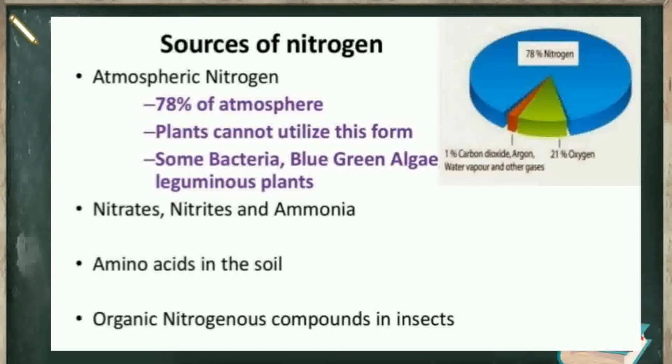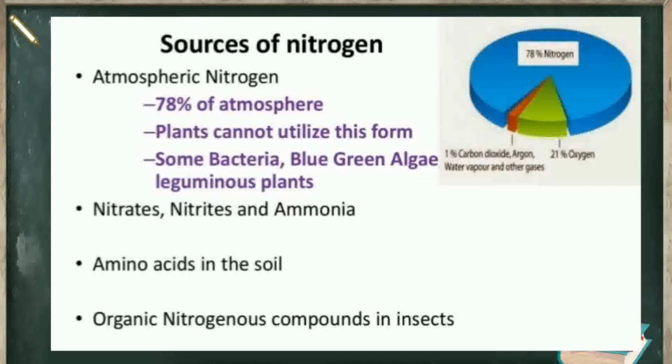78% of the nitrogen. But plants cannot utilize nitrogen in this way because they need some conversion. Nitrogen therefore becomes a limiting nutrient for both natural and agricultural ecosystems. In fact, nitrogen exists as two nitrogen atoms joined by a very strong triple bond. A process is needed to convert it into some usable form. Plants cannot utilize the nitrogen in the atomic form.